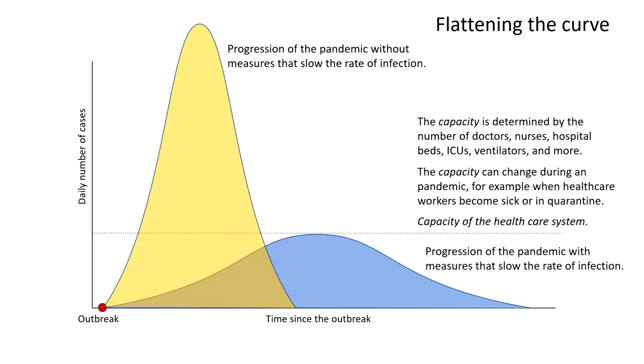Now, we can do that two ways, obviously, or in combination of two ways. One is fewer individuals getting infected, and we will then have fewer individuals in need of the healthcare system. Or we can increase the capacity of the healthcare system by having more doctors, nurses, hospital beds, ICU, ventilators, and so on and so forth. So that's the concept that people are talking about when they mention flattening the curve.